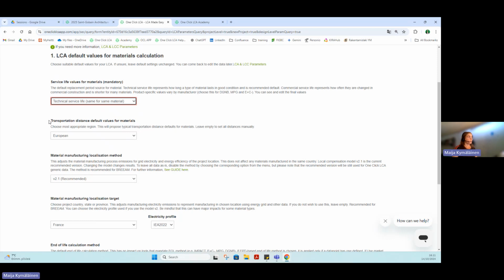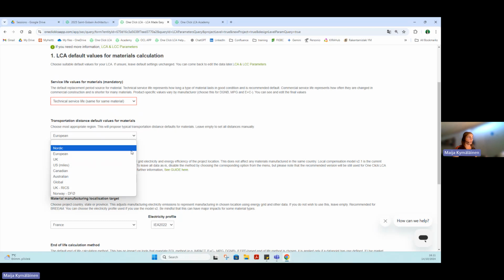And then how to define the transport. If you are further on in your design, you would probably know where the materials come from, so you would know the transportation distance. But if we are making these kinds of designs at an earlier stage, we don't yet know where the material is actually coming from. We might be using these generic data points and making a bit more vague assessments. And in this case, it's important to set the transport distance